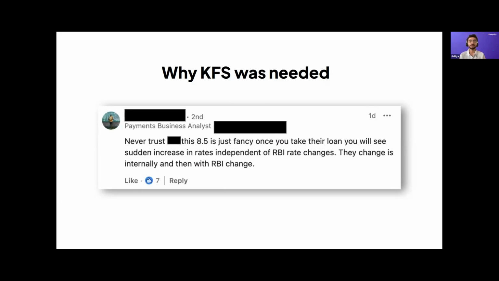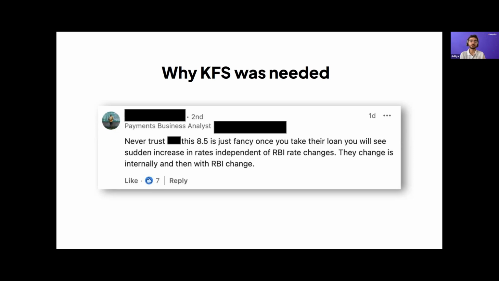These guidelines were fundamentally introduced because many customers just have a distrust of financial companies. And sometimes it's not that the rates actually change or that the companies are being unfair. It's the perception that this actually happens. And this perception is often created because borrowers don't understand complex multi-page contracts. Often the real financial details are hidden in the weeds of multiple clauses. So KFS for many years has sought to plug this gap.